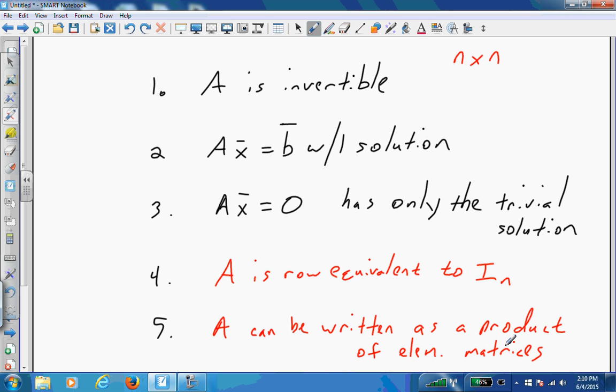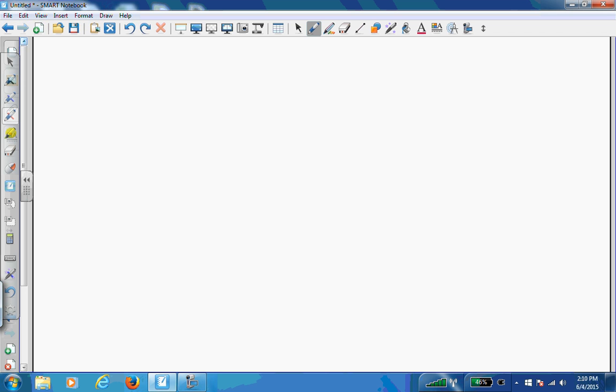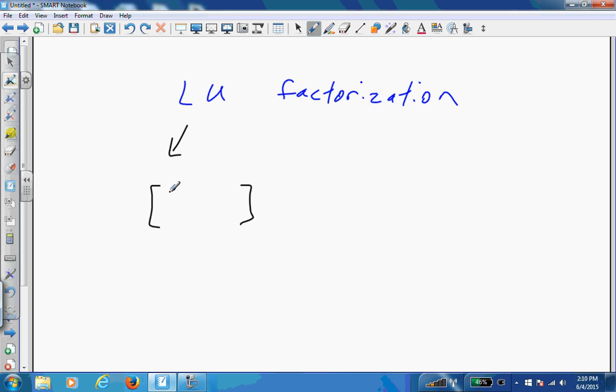So all of those things are equivalent to each other. Now, one last thing that we do with elementary matrices, and we eventually use this to solve systems of equations, is we do what is called LU factorization. And in LU factorization, L stands for lower. That's a matrix that's lower diagonal. And in a matrix that's lower diagonal,